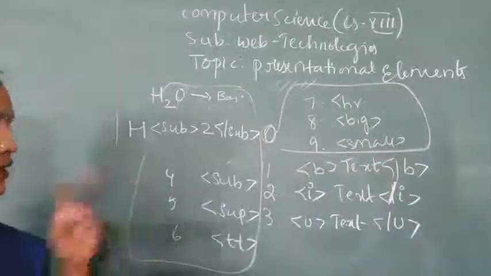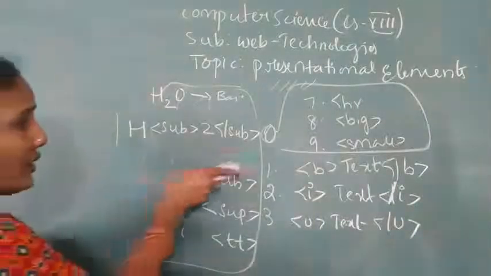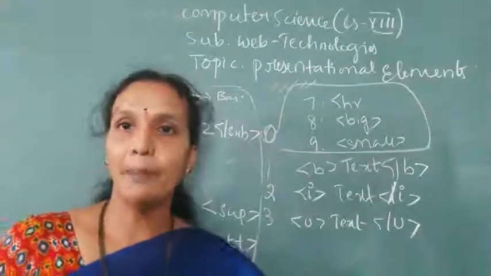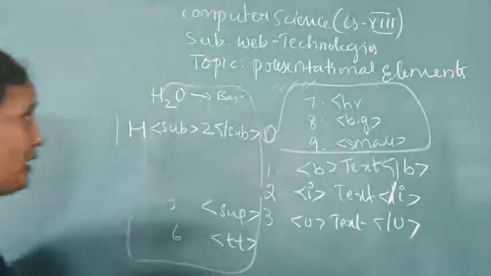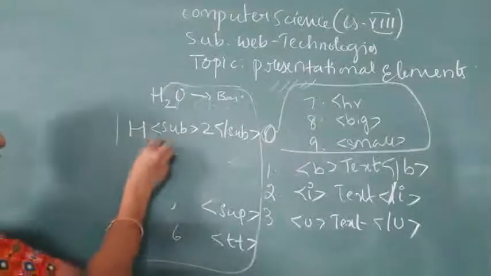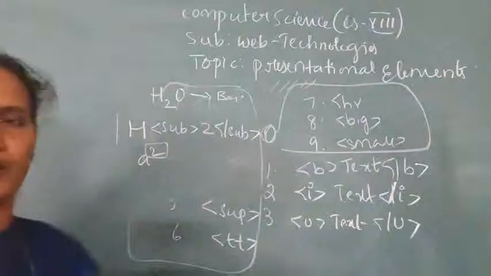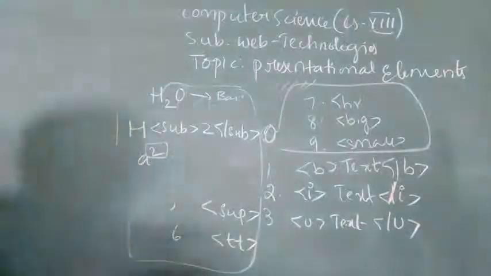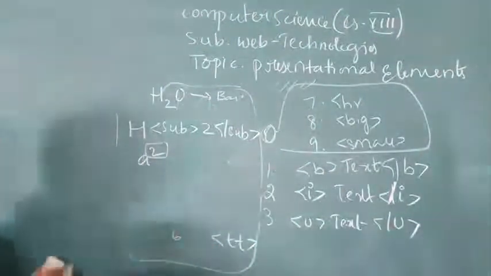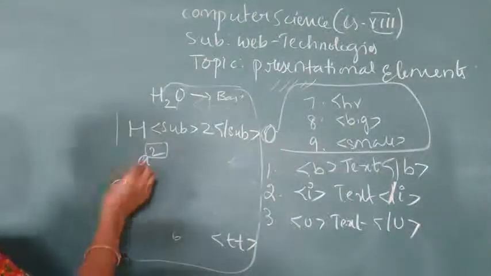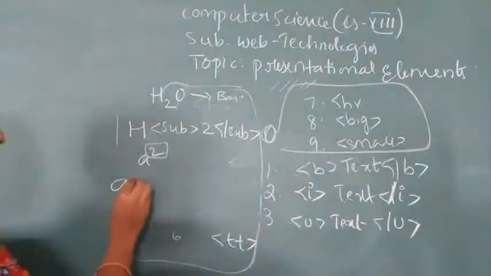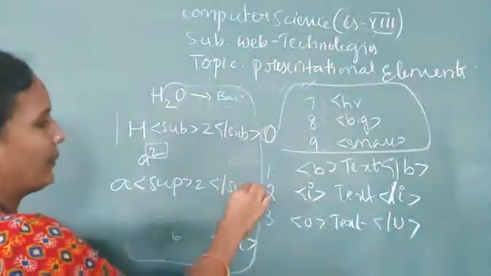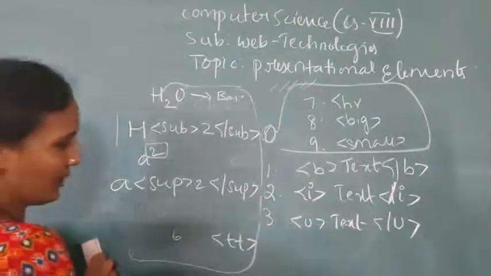Now the next one is superscript. Subscript is over, the next one is a superscript. It means if you want to display any text above the baseline, then we'll use a superscript like this. A square is there; here this 2 is called a superscripted text. So if you want to display any text as a superscripted text, then we'll use a SUP tag. A is not a superscripted text, only 2 is a superscript. So SUP, 2, SUP. Okay, so this is a superscript.